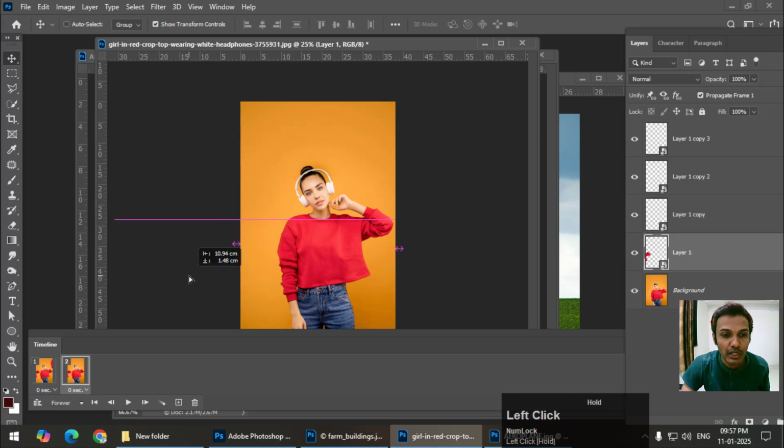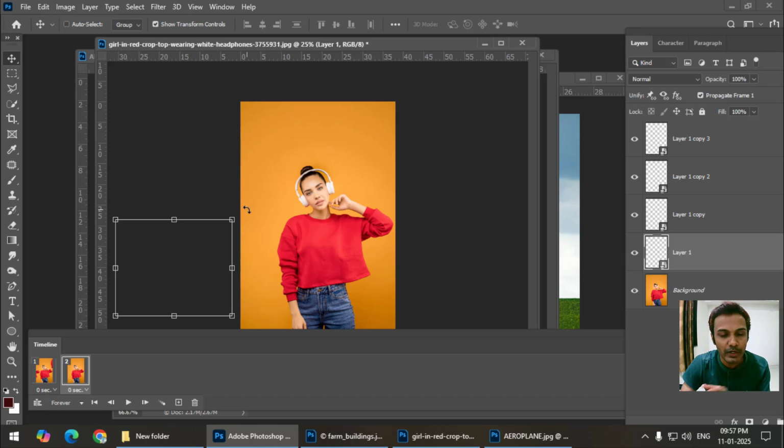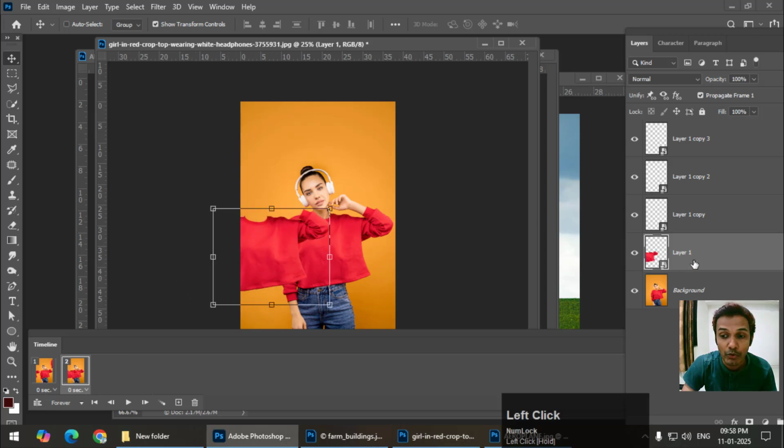You can use more than 4 frames, but for this example I'm going to keep it to 4 frames only, or rather 4 layers. The frames will be 5 including the first frame. So this is the second frame right here. Now I'm going to place it over here, and before that I'm going to change the color using the image